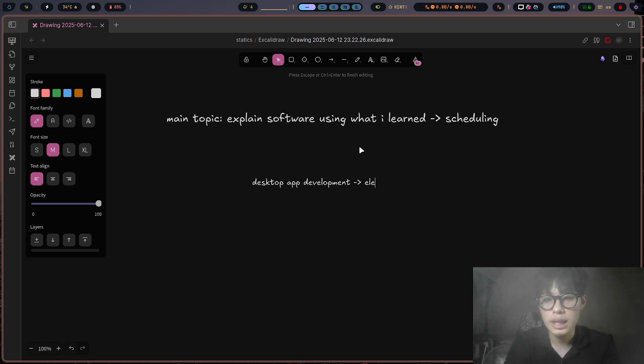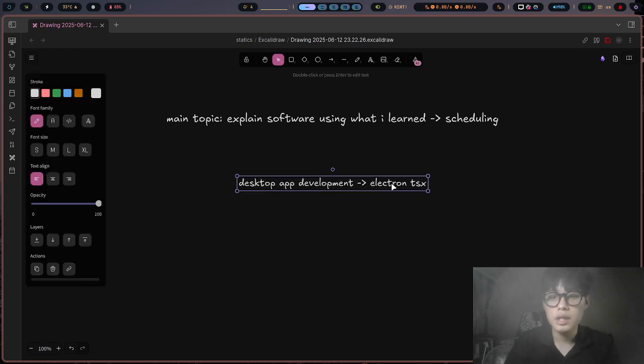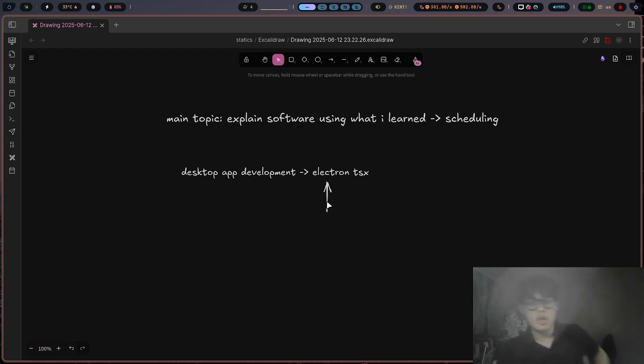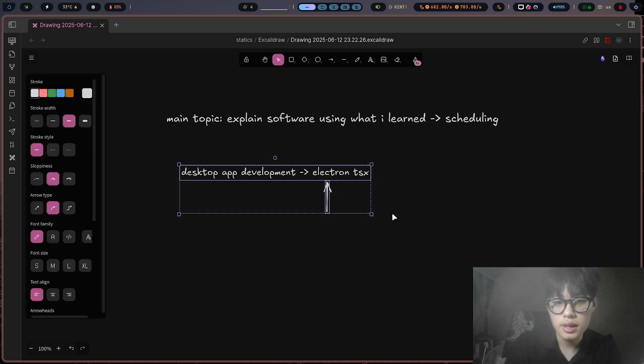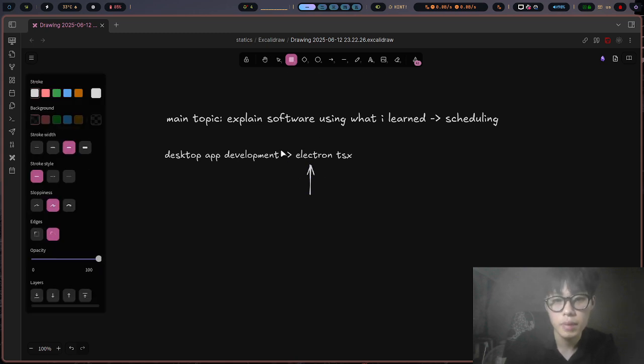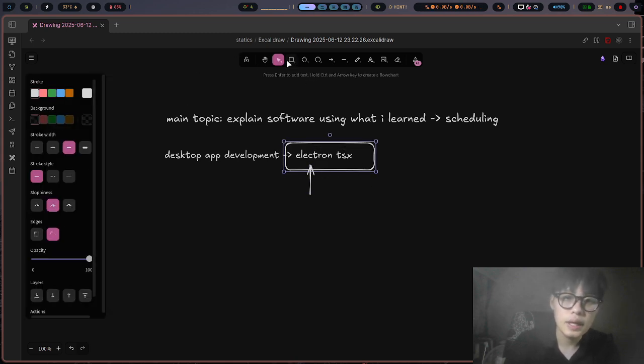I'm gonna use Electron TSX. The reason is that I don't want to go deeply into app development with an unnecessary framework. I can use the Vite bundler and React for making the desktop application. If I try to use Electron, I can make it. But the thing is, if you're looking at a web application,